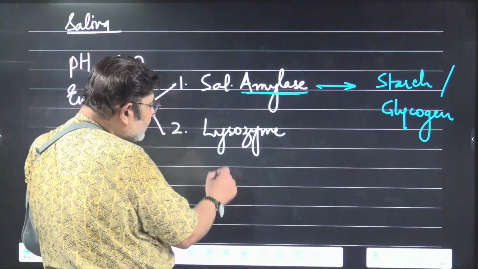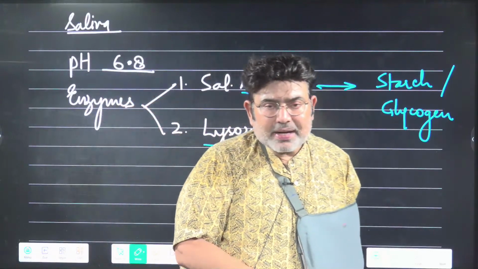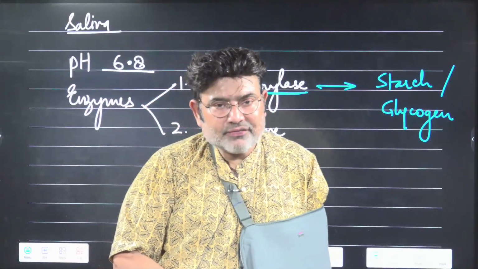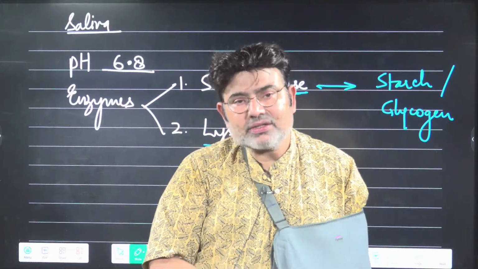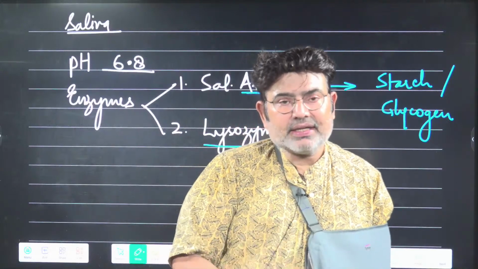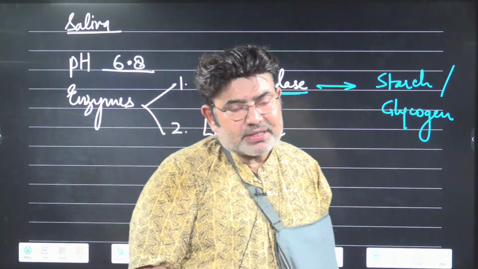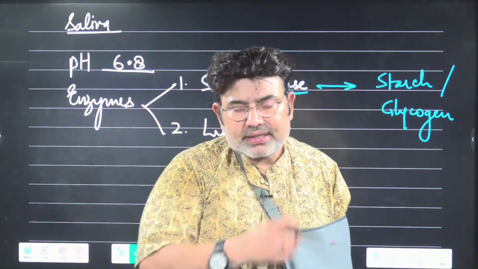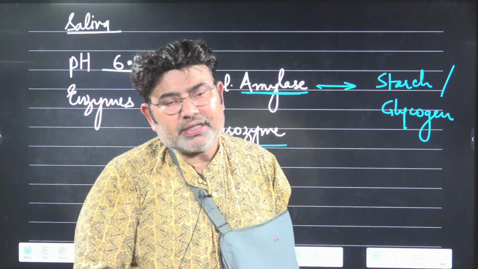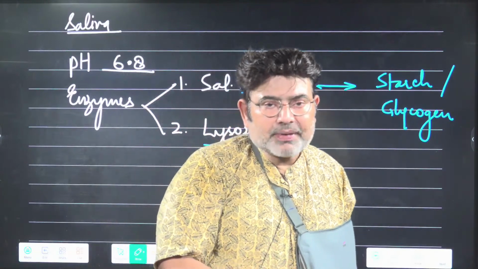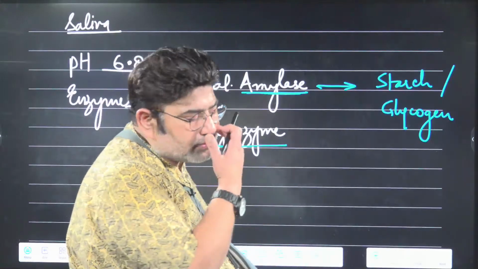Lysozyme. Now, lysozyme is an antibacterial enzyme because it can digest the cell wall. The bacterial cell wall it can digest, and if the cell wall is digested, the bacteria cannot survive. The bacteria dies. So it is bactericidal. It can kill the bacteria. It is antimicrobial. Thankfully, a small amount of lysozyme is also present in the tears. In the body secretions, the presence of these antimicrobials helps to prevent bacterial growth. So pathogenic bacteria do not grow normally because of these antibacterials present in our tissues.